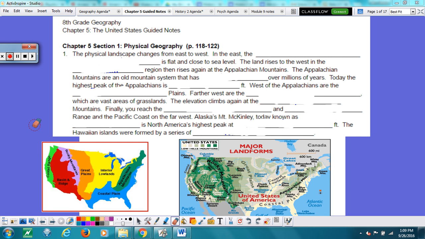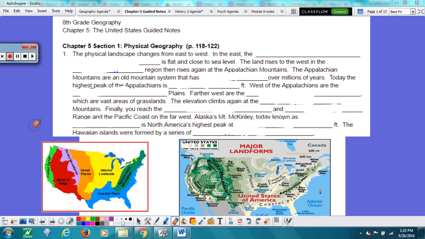Hello, this is Mrs. Politsky, and I have notes for Chapter 5, Section 1, Physical Geography of the United States. Before we get started, you're going to need a copy of the guided notes from your teacher. So once you have that, follow along and make sure that you have the right information to put into the